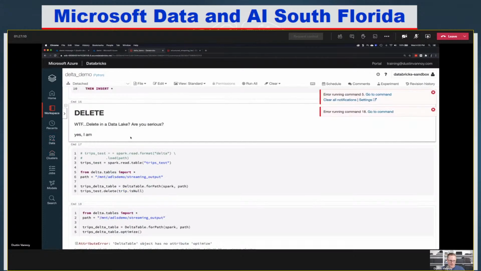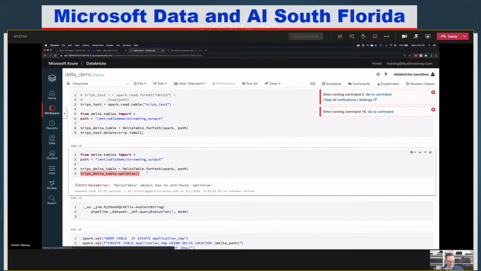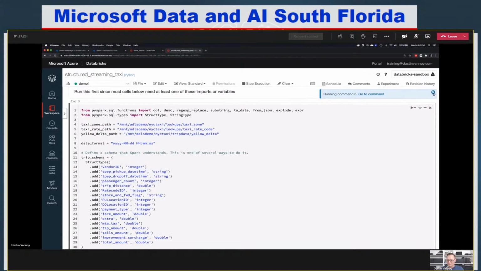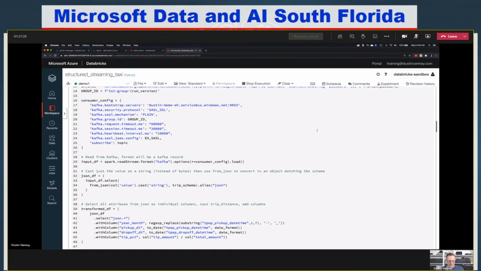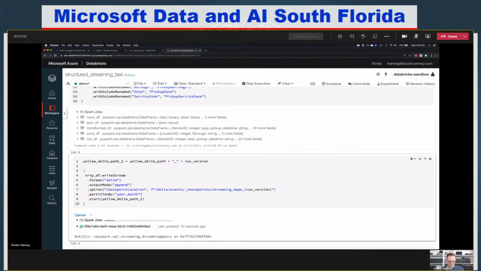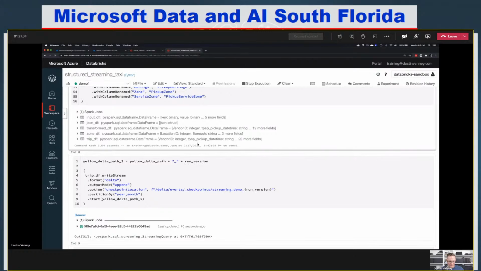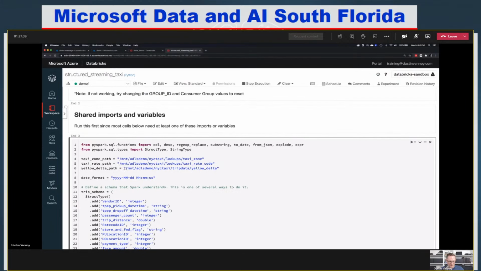All right, let me address the Delta question. I think I saw it, but then I started talking too much. I'm not sure if this path is still valid. We can try it. That's an old path. We will try to optimize the thing that I just did. Yellow Delta path, okay. Let me grab the path and let's see if we can optimize this thing that we just wrote all our data to.